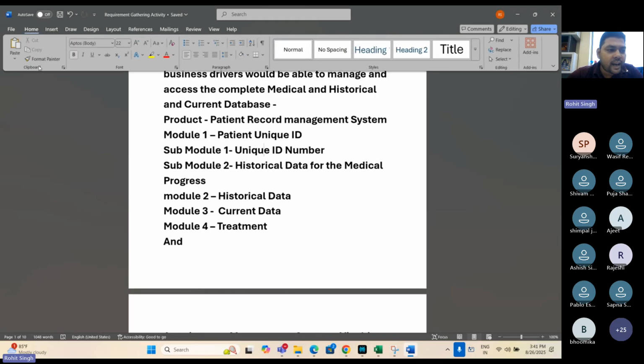So now we are going to explain under home, there is a clipboard, there is a font, there is a paragraph. Under clipboard, there is a format painter. There is a copy, there is a cut, there is a paste. Under paste, there it is. So this is what we are going to discuss in the project planning, sprint planning, and then sprint basis requirement gathering. That's where we further explain the work breakdown structure and further do the requirement gathering. That's the difference between pre-sales and post-sales requirement gathering.